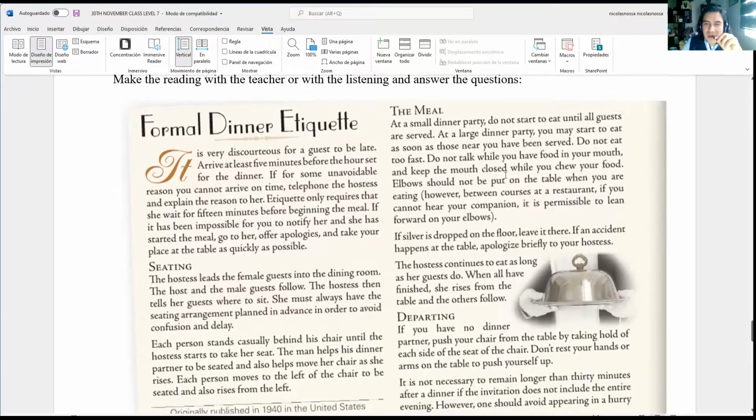And keep the mouth closed while you chew your food. Elbows should not be put on the table when you are eating. However, between courses at a restaurant, if you cannot hear your companion, it is permissible to lean forward on your